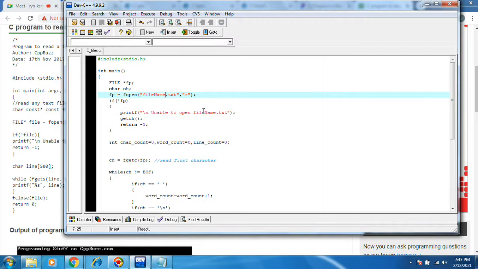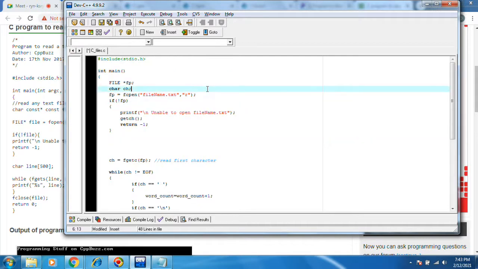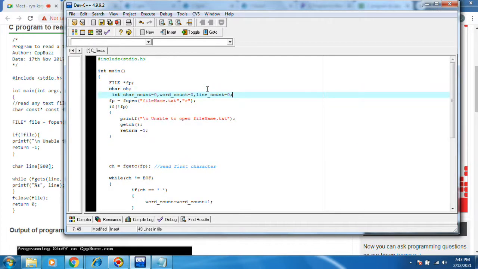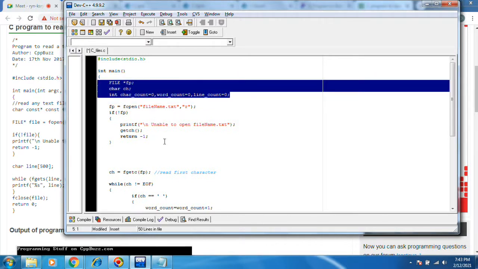Now if I run this, okay. Now all the declarations should be at the beginning, either integer, character or file. These are the declaration section. And then,